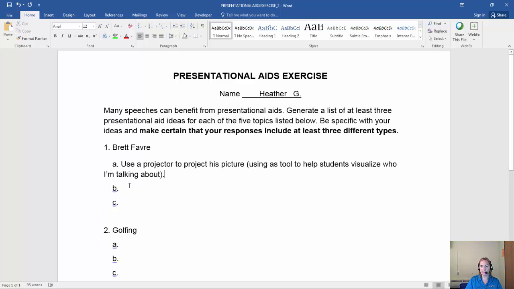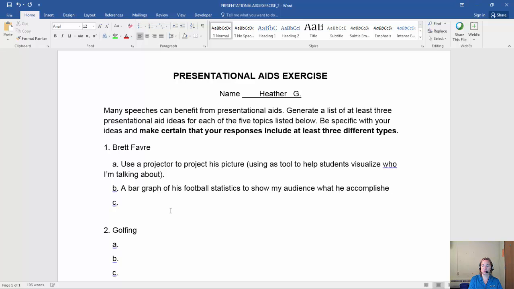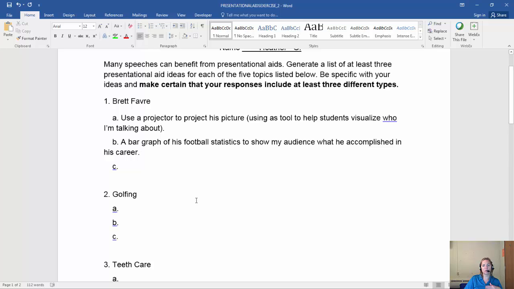Another visual aid, maybe I'm going to discuss his statistics. So I might want to put together a bar graph of his football statistics to show my audience what he accomplished in his career. Something like that. So you'll just go through each of the topics, and for each of the topics you're going